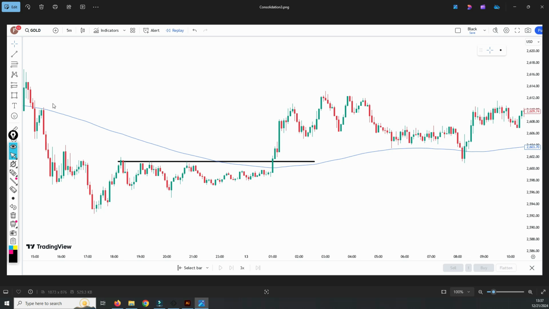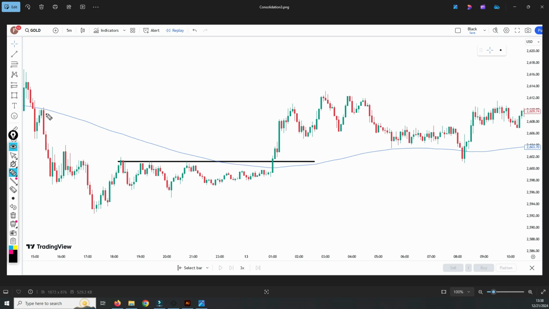This is another one. I find consolidation and then I draw this resistance line, and again the price breaks the moving average 200. The price closes above all of these previous attempts to break this level, and this candle actually breaks everything, breaks the moving average 200 and closes above all of those previous attempts, which is great. So basically you have two confirmations. One, the price breaks and closes above the moving average 200, and it was so clear,